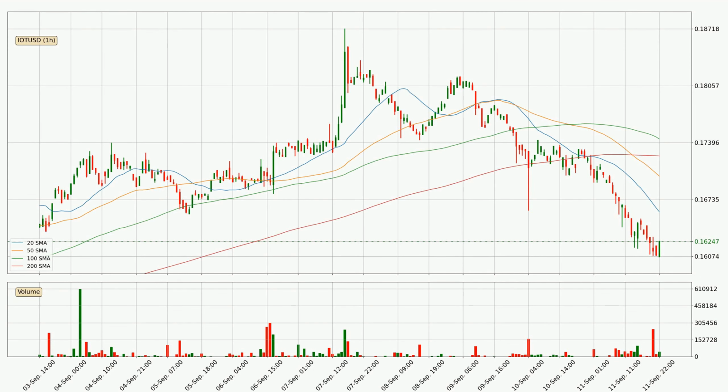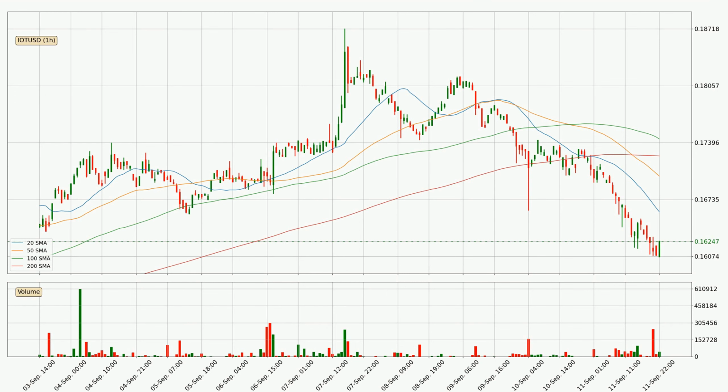Looking at the hourly simple moving averages, for this time interval, the current price is below all of the simple moving averages, which looks bearish, and you should keep an eye on the closest SMA. The 20 SMA will play as resistance, or the price will peak above the current price, which is around 16.6